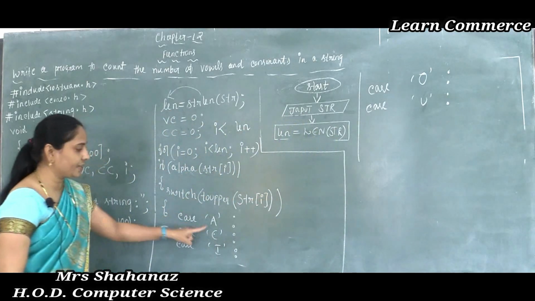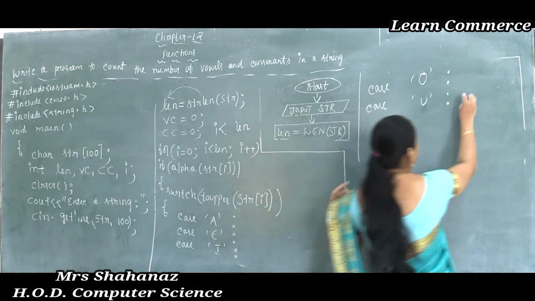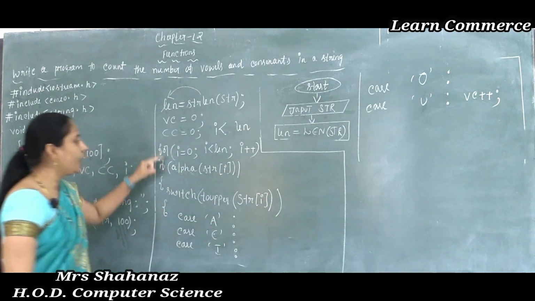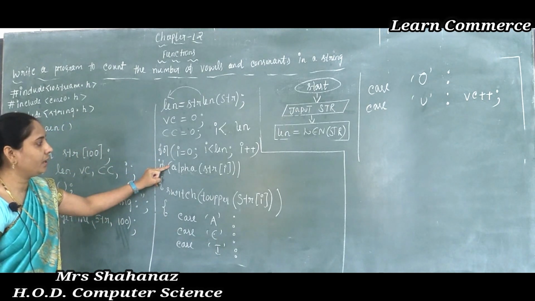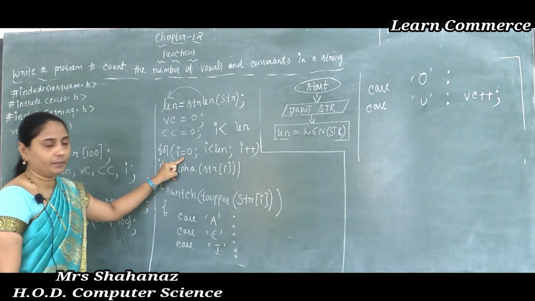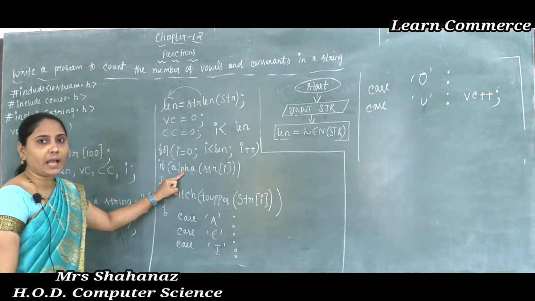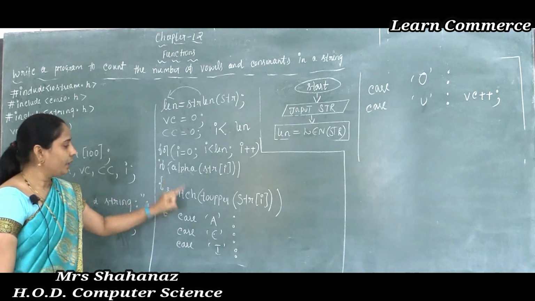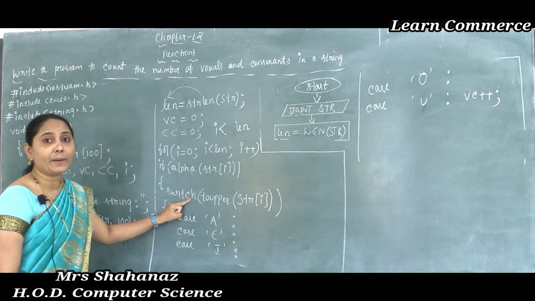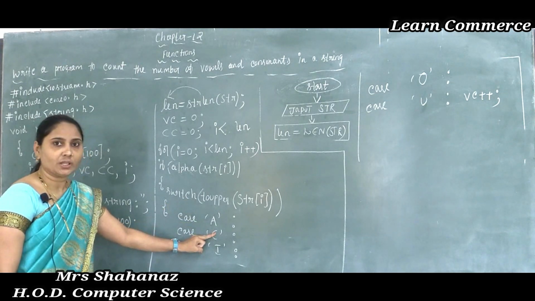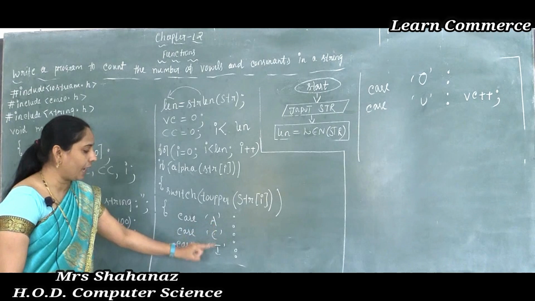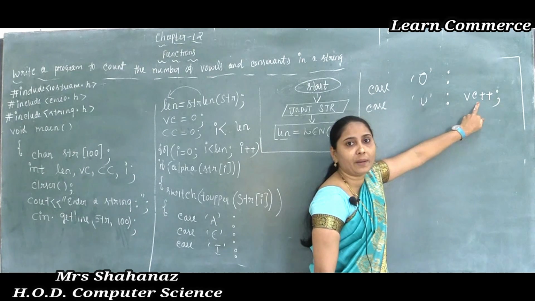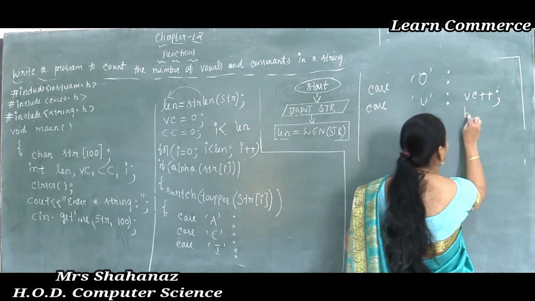If such a character matches, that means add it in VC plus plus. Clear this point here? Do you understand what I am writing? First of all, again, I am going to tell: accessing the character one by one, then checking whether the accessed character is an alphabet. If it is an alphabet, then such a character is converted to uppercase and matched, whether it matches A, E, I, O, U. Then add it in VC plus plus. Clear this part here? And later, next, break.